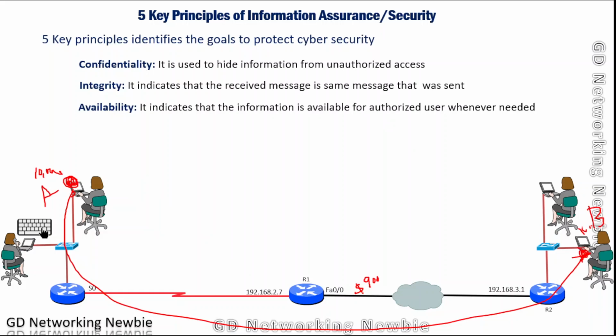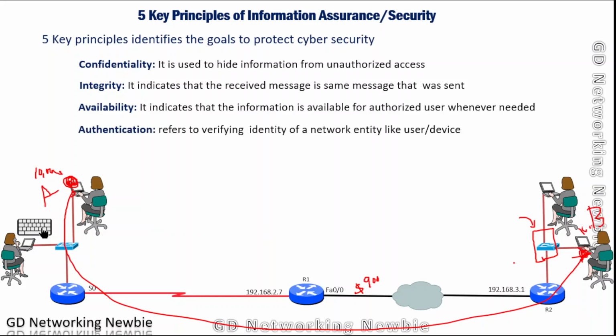The third principle is availability, and this principle indicates that the information is available to authorized users whenever needed. Let's say we have some information on some server, and with the availability principle we want to ensure that this information will be available to its legitimate users anytime they need. Like we have accounts in our banks, so we would like to have access to our banks all of the time. It should not be the case that some of the time the system is down and we are not able to access it. So that is the third principle, which is our goal.